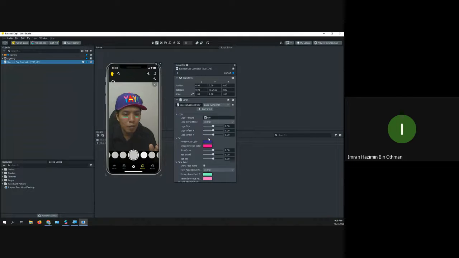Okay, so if you look at the inspector for baseball cap, you see here, baseball cap controller, the primary color, secondary color can be customized. Yeah. What else? The face paint, if you don't like the face paint configuration, you can change it here as well. Okay, so if I want to combine this cap